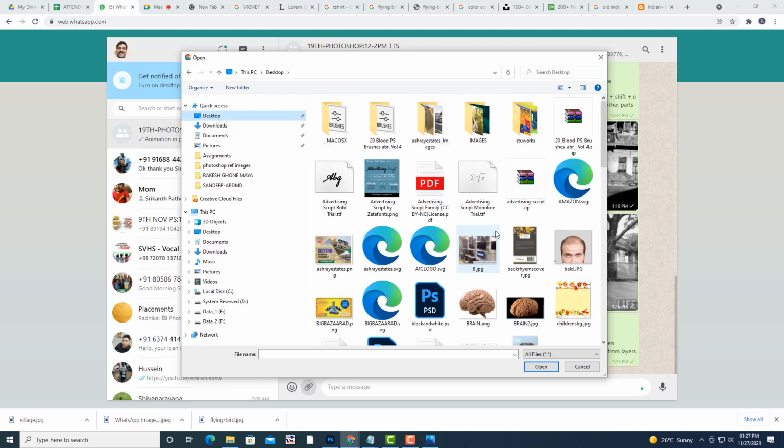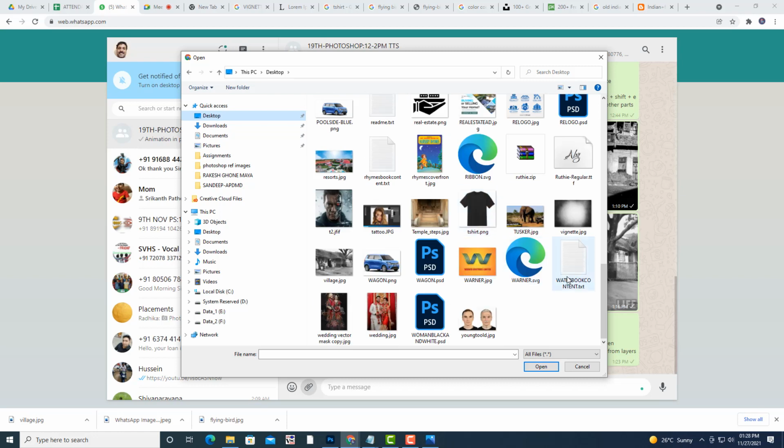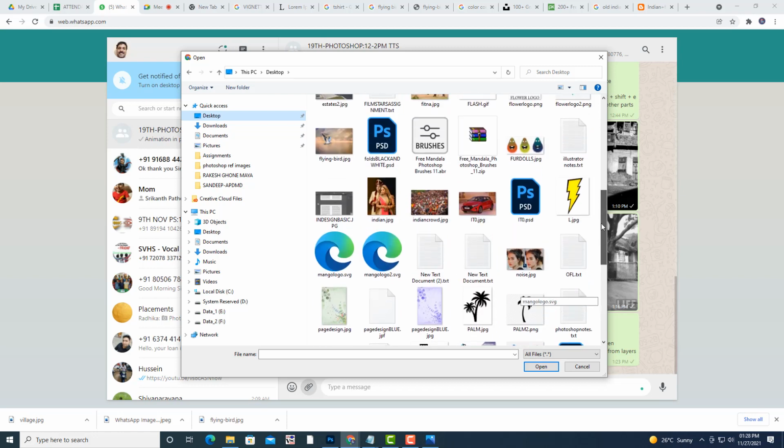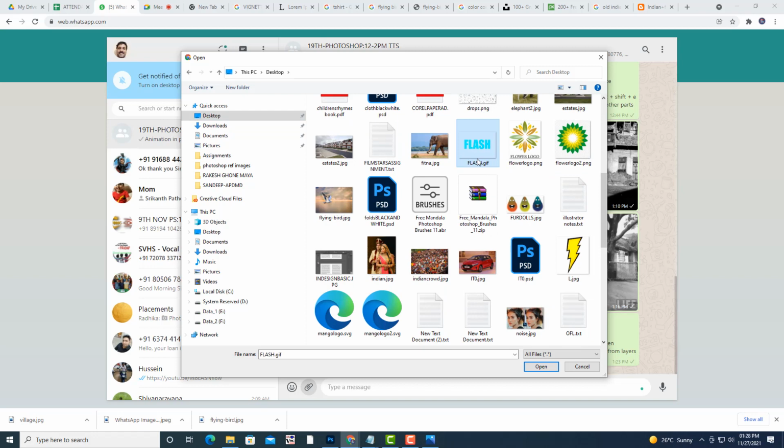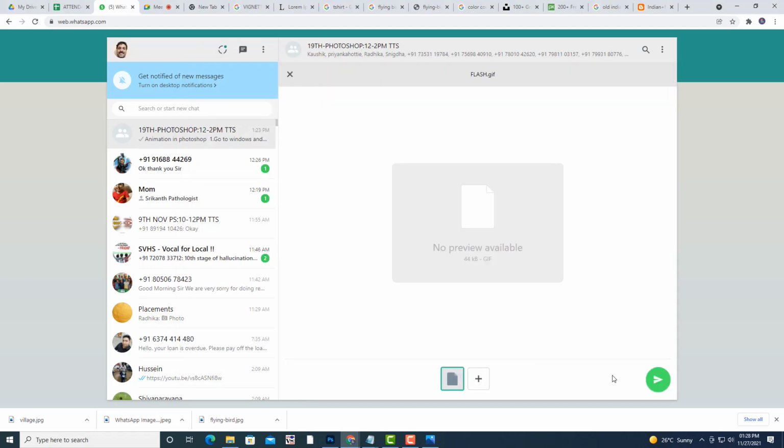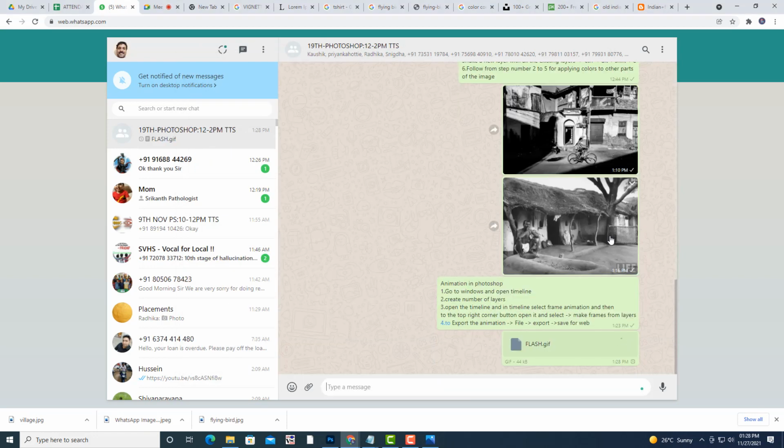So where is our flash? Where is it? Okay, so let us see whether we got it or not. See, we got it on our mobile also.